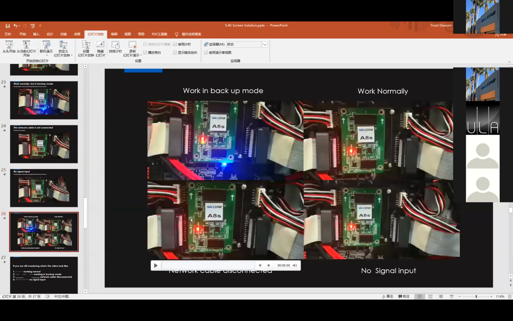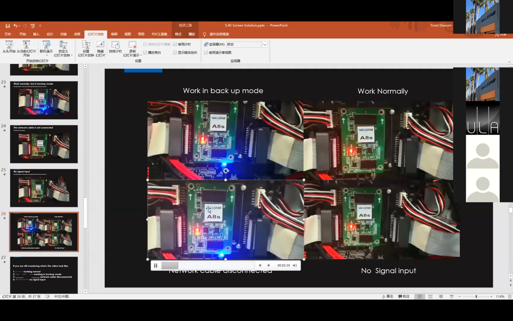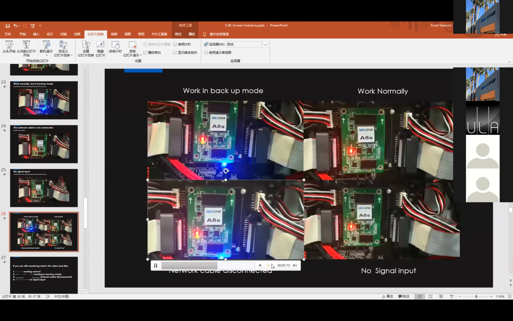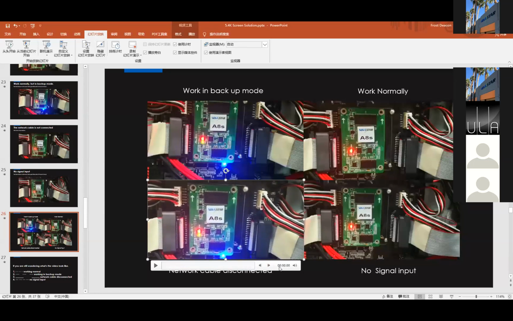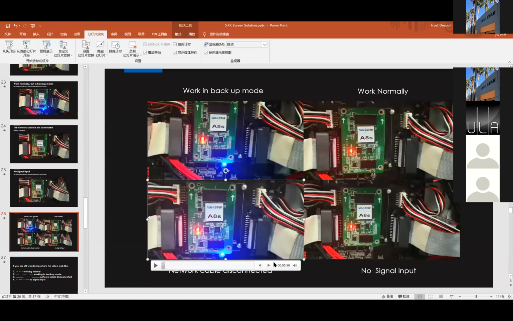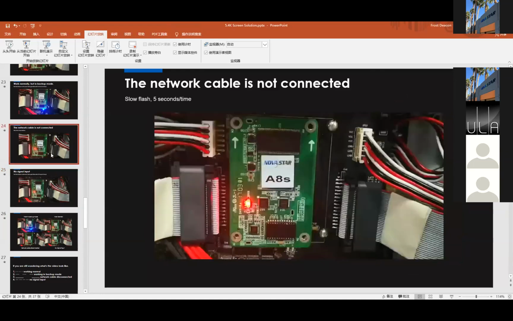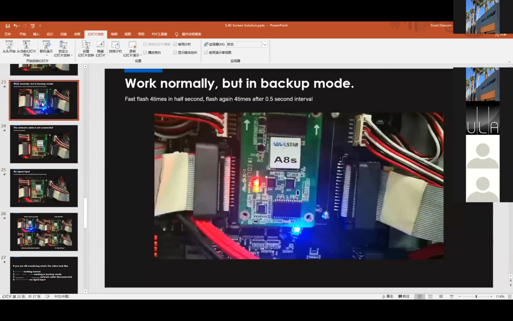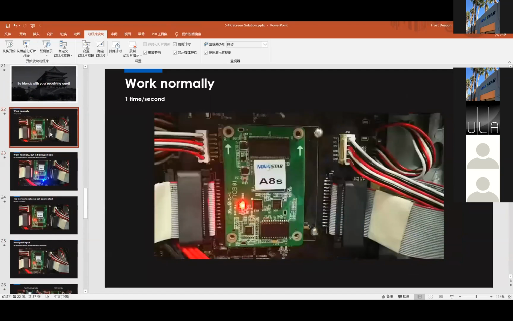All right, those are no signal input and the network cable is not connected. And this is for backup mode, and this is the working normally status. Those are the indicator statuses, and this is all the videos.